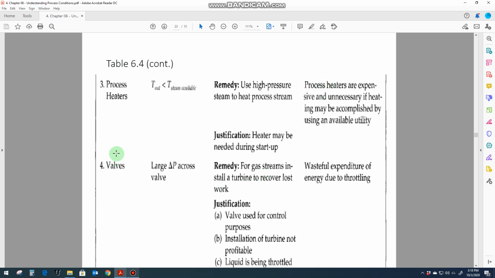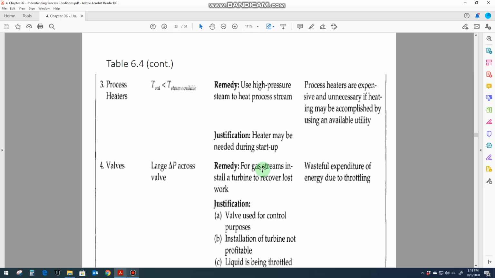Now, if you're using some kind of valve, what could happen? Large delta P across the valve. So this is one of the problems. Whenever we have the valve, we can have a drop in the pressure across that valve. So what could be the solution here? For gas streams, install a turbine to recover lost work. So instead of the valve, we can also use some kind of small turbines to recover that delta P and generate some